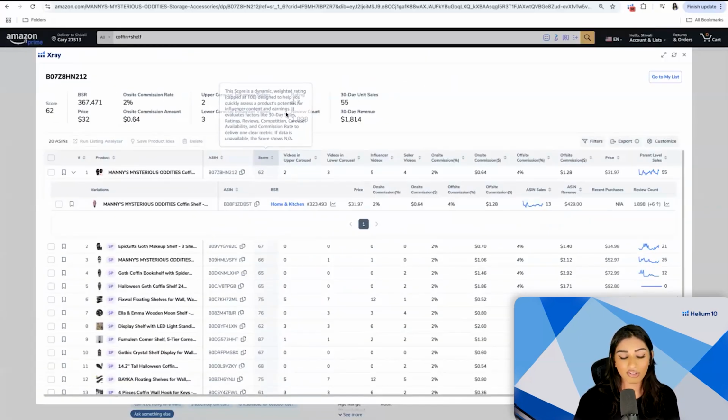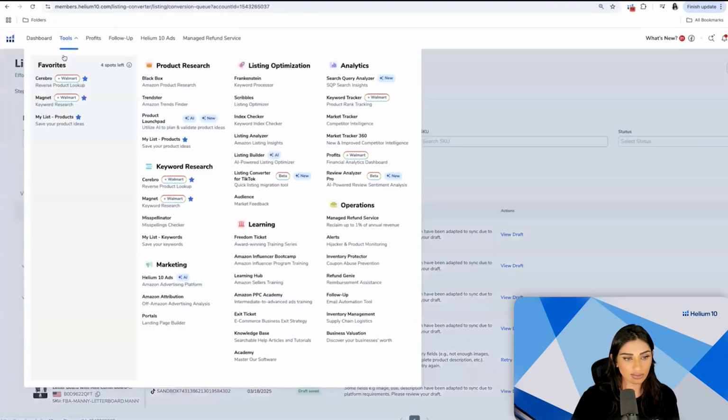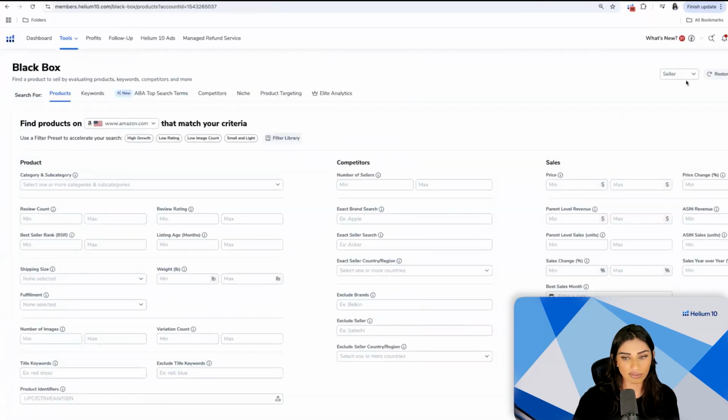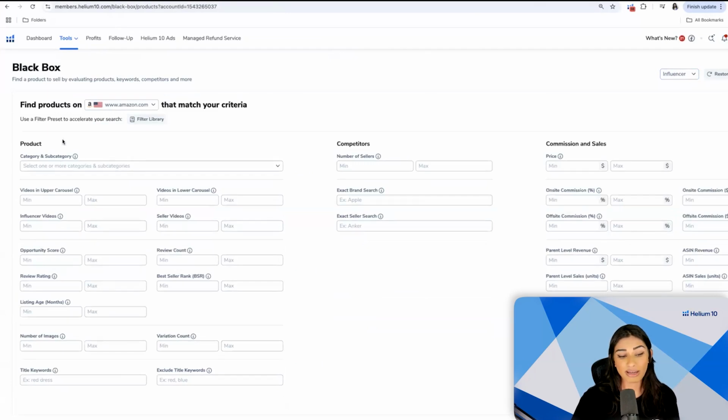So we do have not just browser tools, but inside of Blackbox, we have a brand new tool, which is right inside of this drop down. If I navigate from seller to influencer, I'll also be able to find new products. All this time that I've been talking about influencer stuff, I've told you you can earn money by taking videos of things that already exist in your house. And no, you don't have to buy them on Amazon itself as long as the product exists in the Amazon ecosystem. But what happens when you are a proper influencer like that guy that we just took a look at